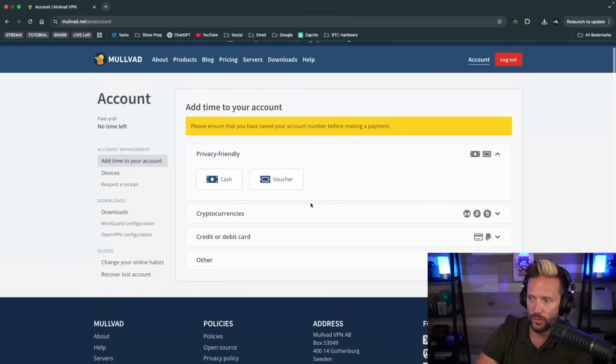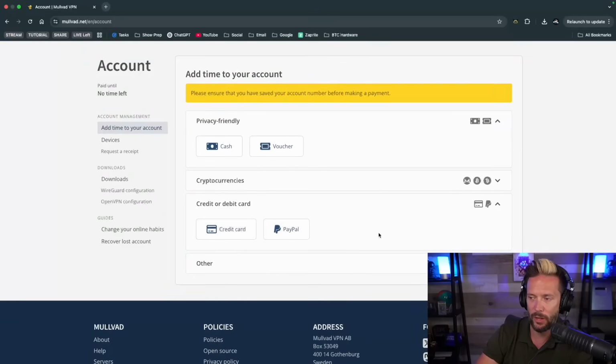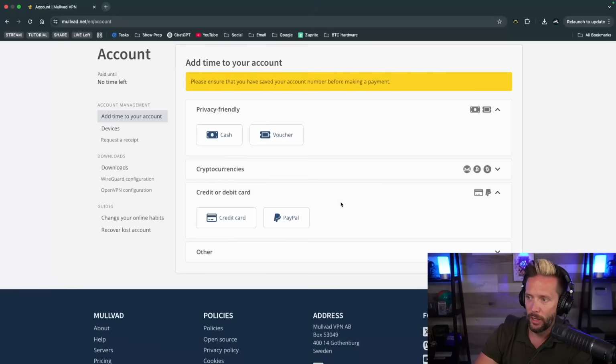So of course they do have credit or debit card. That would be down here, credit card or PayPal. You guys are familiar with how to pay with a credit card. We don't need to worry about that. It does have cash or vouchers. So cash,